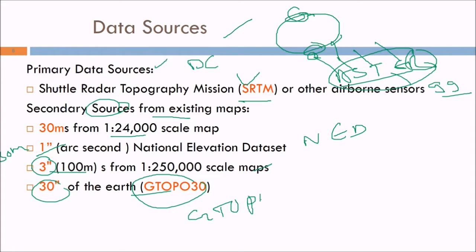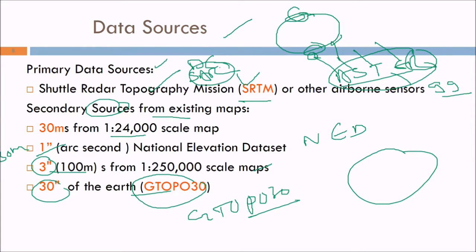GTOPO30. This is also a source which covers the whole globe, and you can find the elevation value of each and every point of the complete globe. Now this is a humongous task, but still these elevations are taken using interferometry. IFSAR, you can say IFSAR. So interferometric SAR technology is used with SRTM, while in ASTER, stereographic images are used to find the depth or